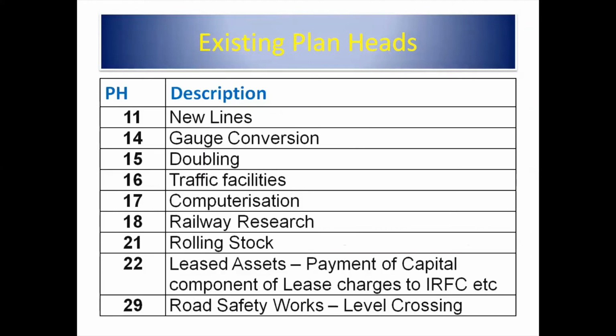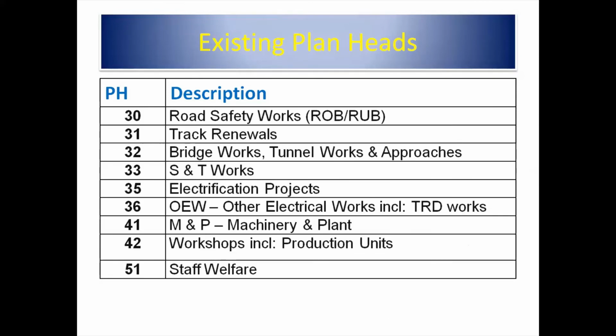From these, please remember important planets, make a note. 11 new lines is important, 14 gauge conversion, 15 doubling, 16 traffic facilities, and 21 rolling stock is important. And 29 is the level crossing, 30 is the ROB, and 31 track renewal, 32 bridge, 33 SNT, 35 RE